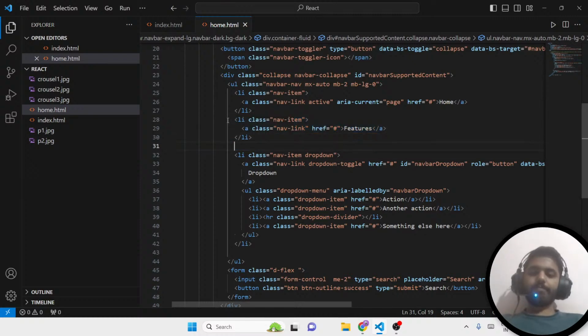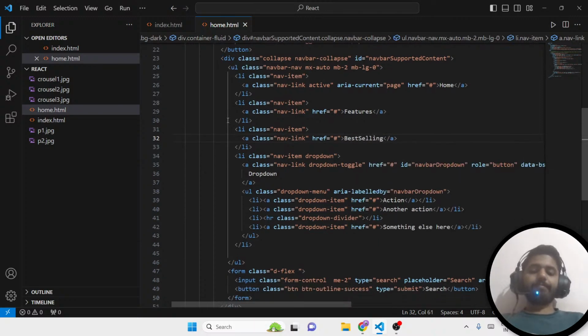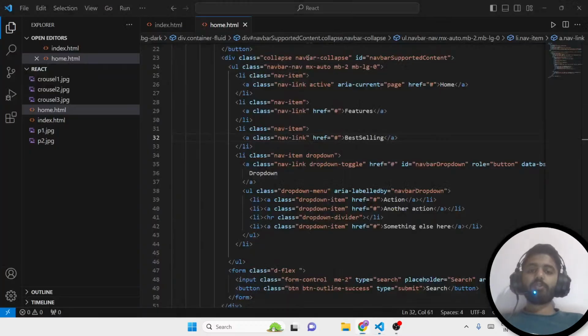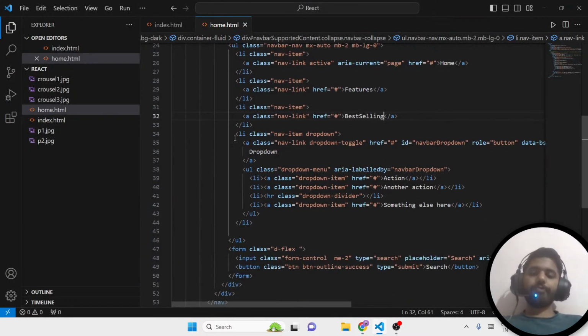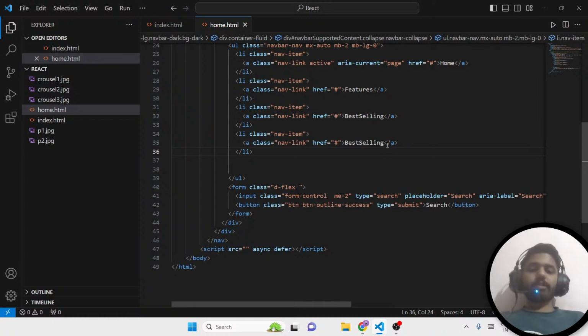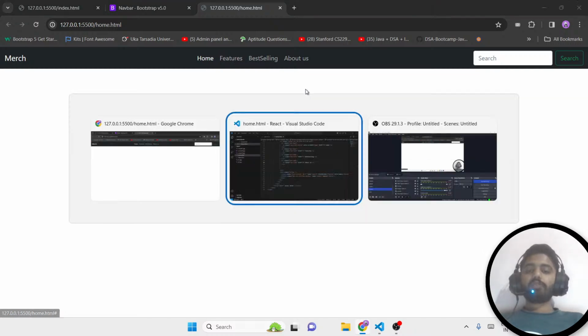Let's take this one and we'll say best selling, correct? So now we are getting our navbar, and also there is one dropdown. Let's say we don't want the dropdown now, so you can just remove this dropdown part. Instead of that, you can just say about us, correct? So now it's looking good, but the